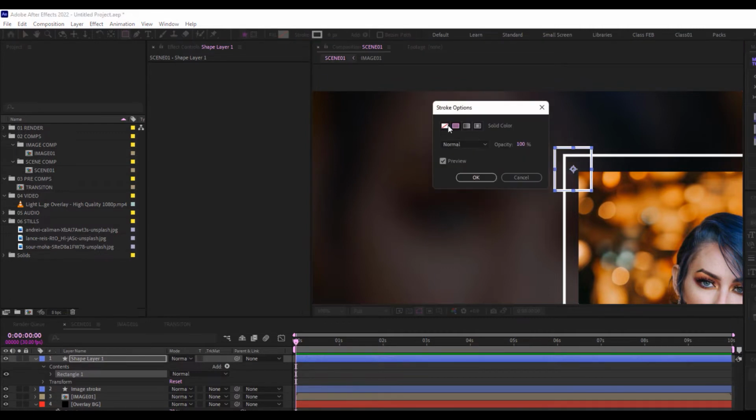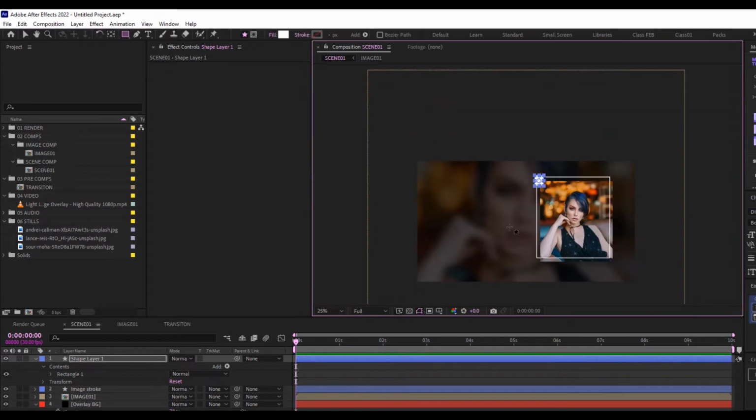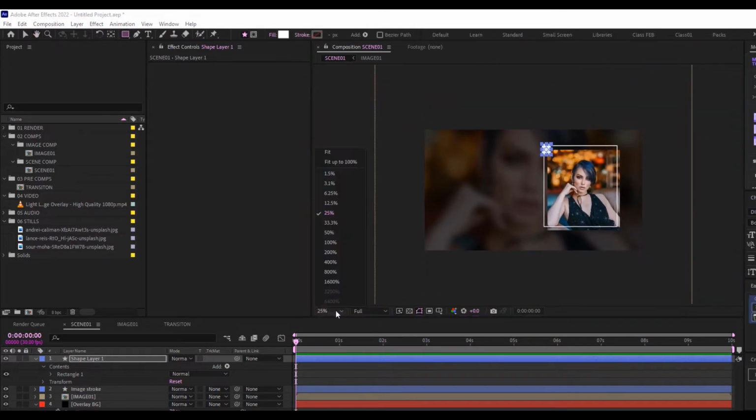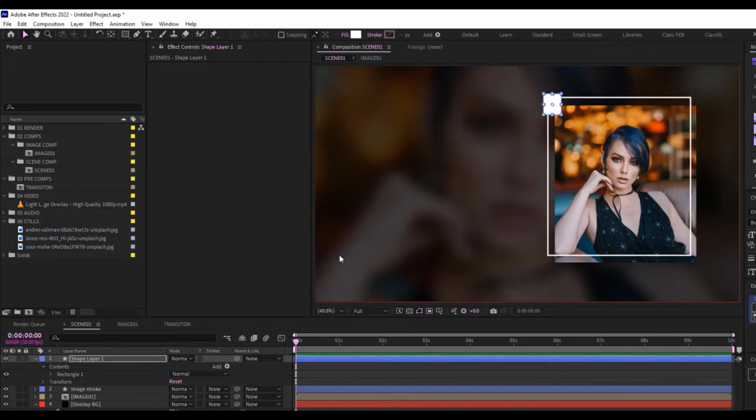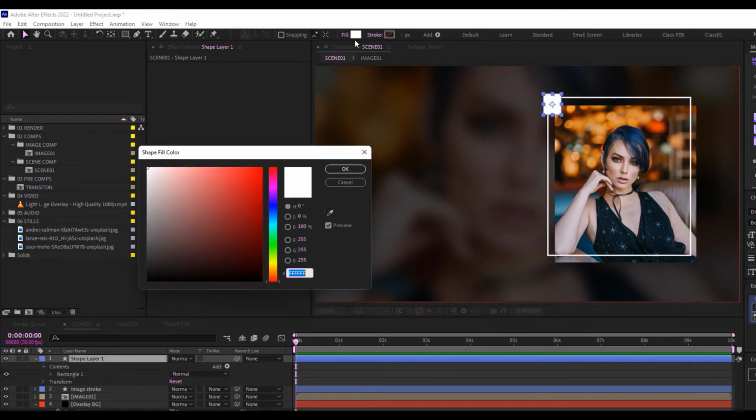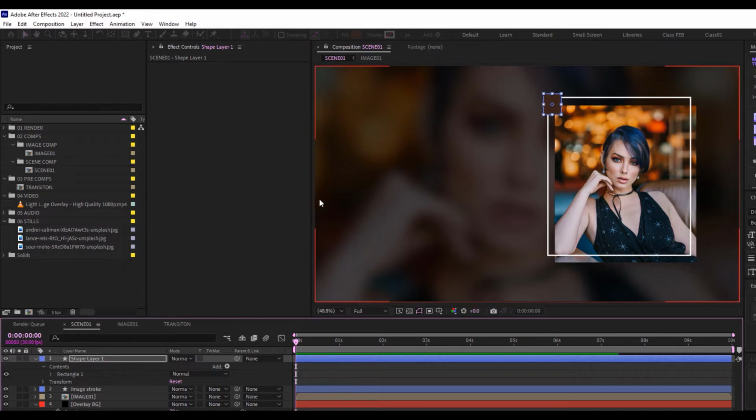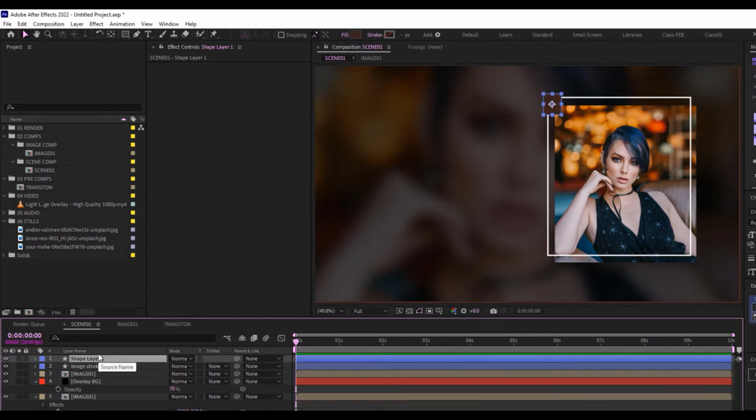This time around, I'll take away the stroke. Then I'll add the fill. Okay, and I'll zoom out to see what I'm doing. Fit the screen. Click OK. So I'll click this. Then I'll change the color to the color that I've prepared for this. And I'll click OK. And I'm just going to name this text